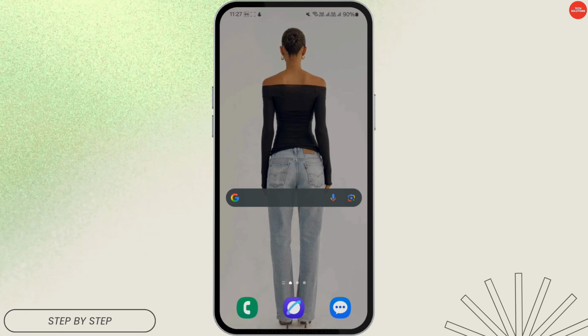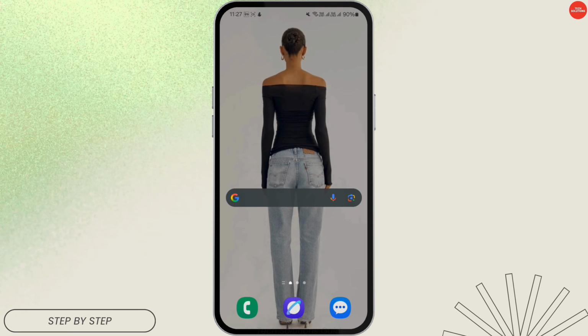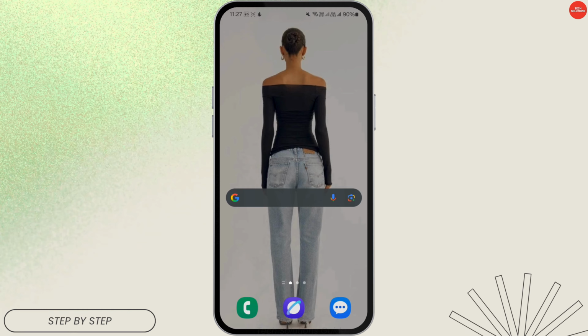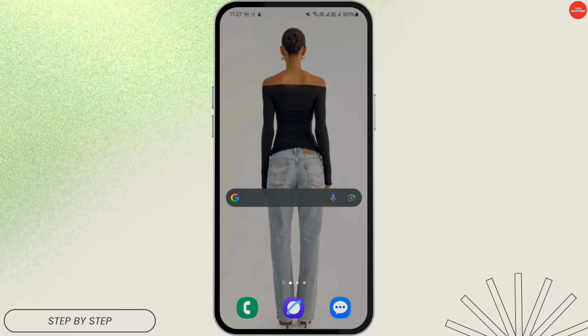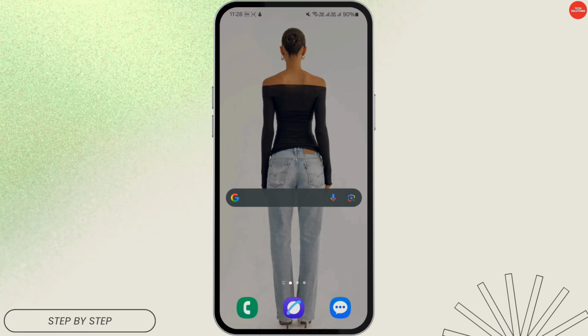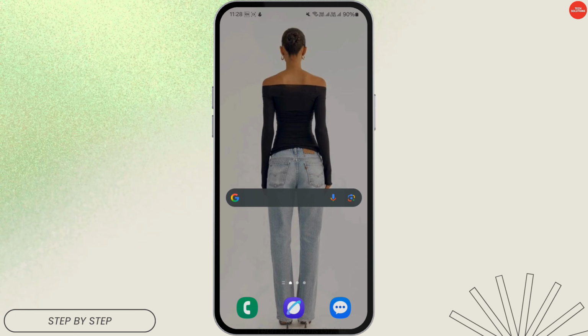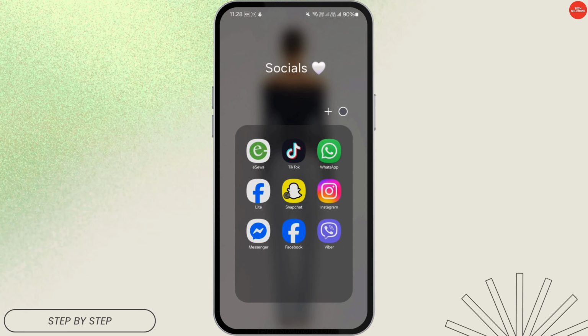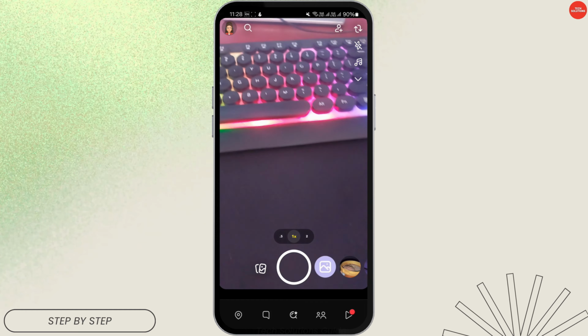So today we're going to learn how you can delete the ignored friend request on Snapchat. So if you want to remove those ignored requests that people have sent you, I'll show you how to do it step by step. First, open your Snapchat application on your mobile device and make sure that you're logged in